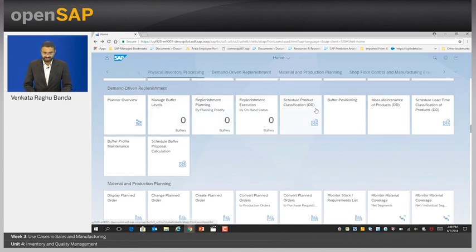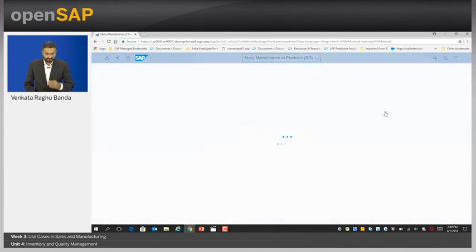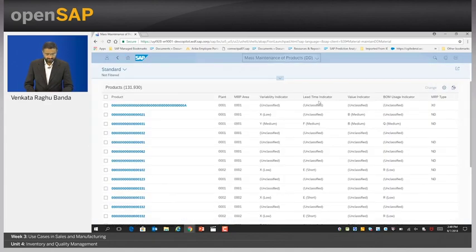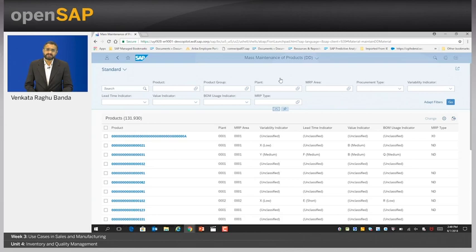Here we have these different apps. I will go into the mass maintenance of the product. Now I want to identify for which particular product I can create this replenishment. Not all the products are in the transferable state. Only those products which are in the transferable state, I can do the replenishment for them, and I can calculate the lead times. There is a particular scheduling job which is done prior to that.